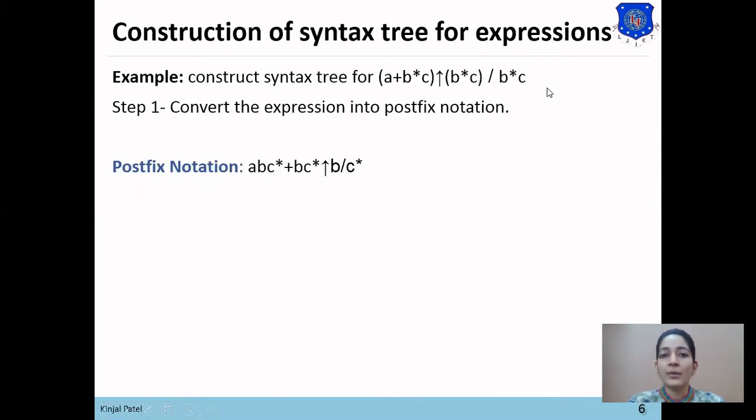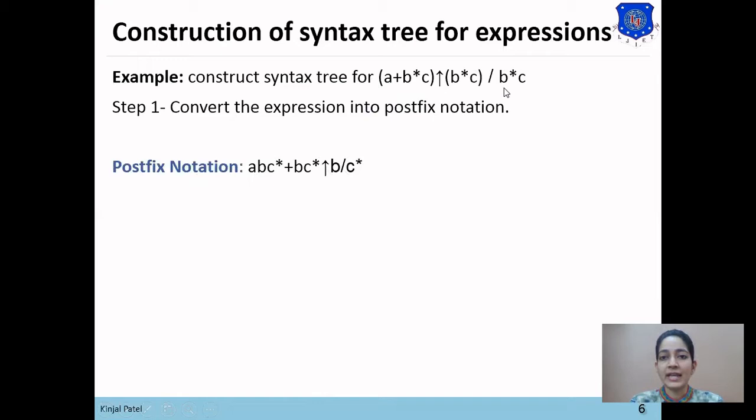To convert this expression into postfix notation, the priorities will be considered. In this expression, there are 5 different operators used: braces, plus, star, power and division.